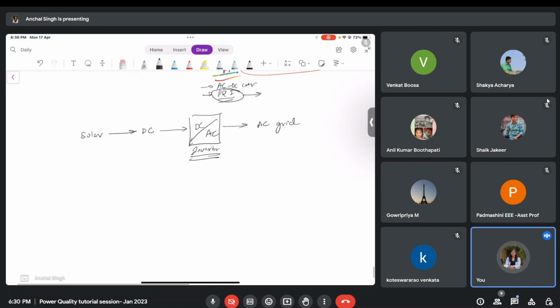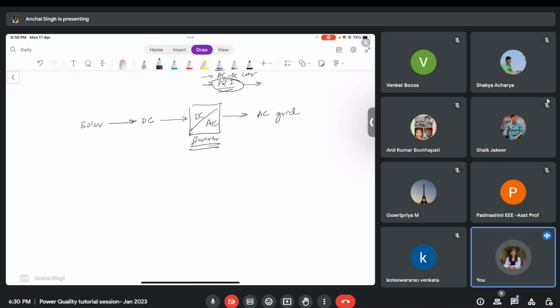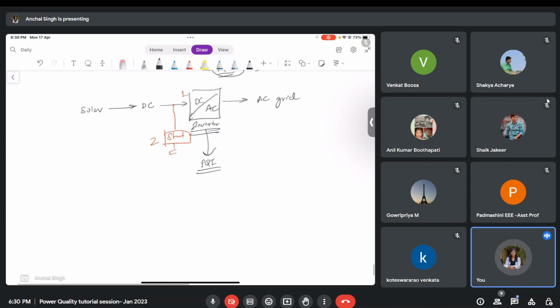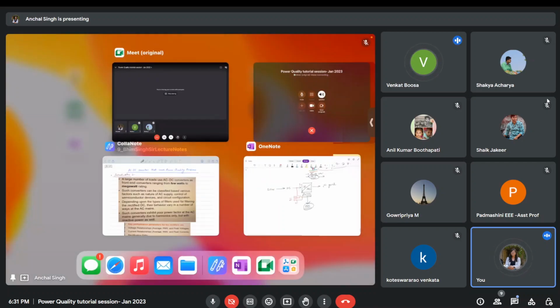Now what I did is, instead of putting a power quality improvement device in shunt, which would be additional equipment number two, in this inverter itself I have added the feature of power quality improvement. So again, instead of two equipments, I just needed one equipment, and therefore my cost is justified. So even for solar energy conversion systems, we will be seeing these kind of converters, which help us in power quality improvement. Okay, so this will be the discussion for today.